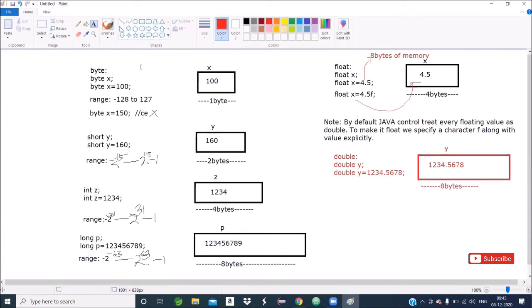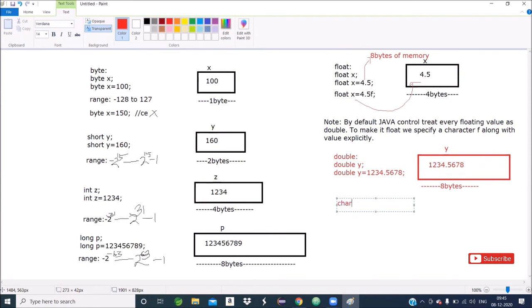Then we will go to char. I will write char c equals 'T'.